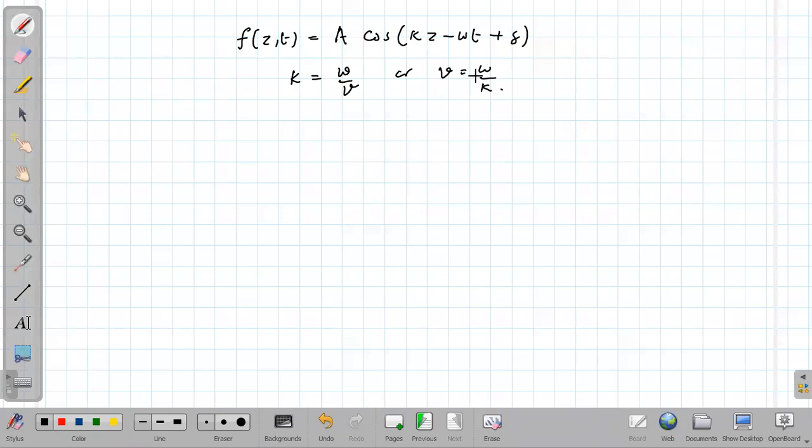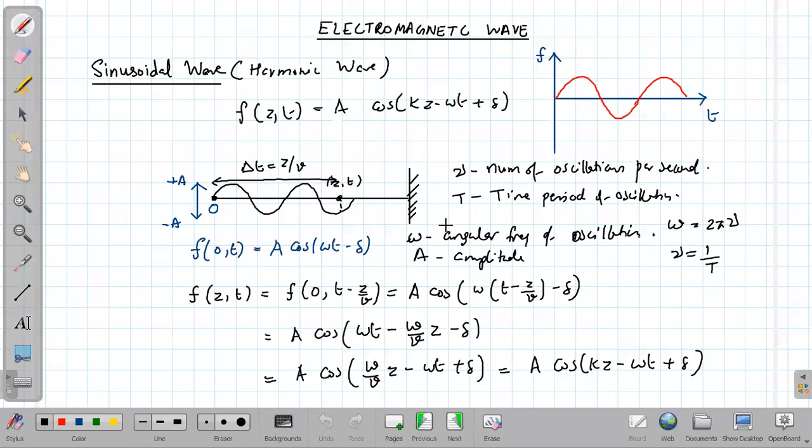Now we can see the meaning of this omega, k, and v. Now v is already known to us, so v is nothing but the speed of the wave. Now what is the meaning of omega? The omega of the wave is the same as the omega of the oscillation, the angular frequency of oscillation. Now how is it connected with the wave? So we can call omega the angular frequency of the wave, and it is 2 pi nu. But the meaning is slightly different, because if you produce one oscillation, we can produce one wave.